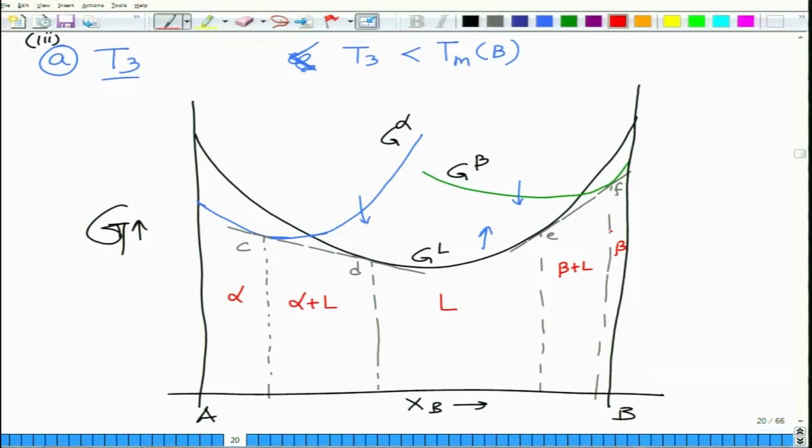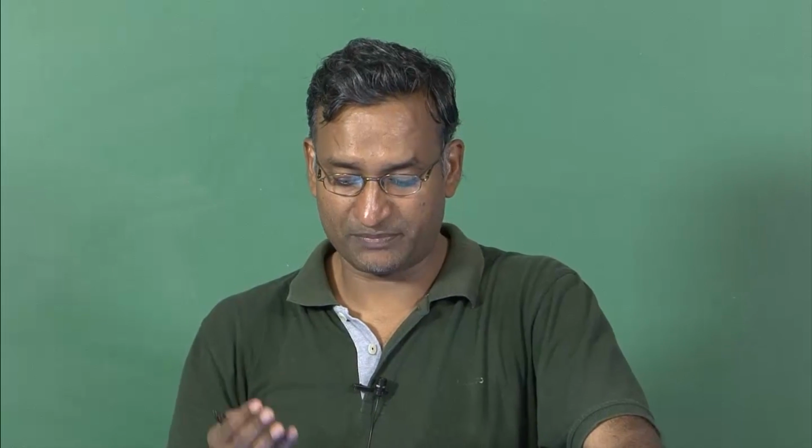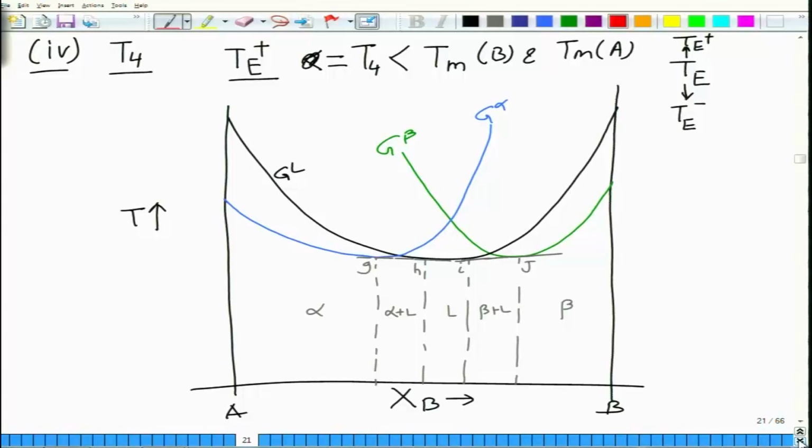So you can see how the phase evolution has happened from complete liquid to first the formation of alpha, and alpha plus liquid follow: alpha, alpha plus liquid, liquid, beta plus liquid and beta. So you have complete five phase fields here, and then we move on to a temperature T4, which is lower